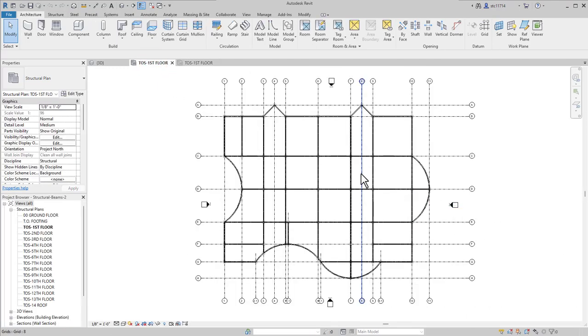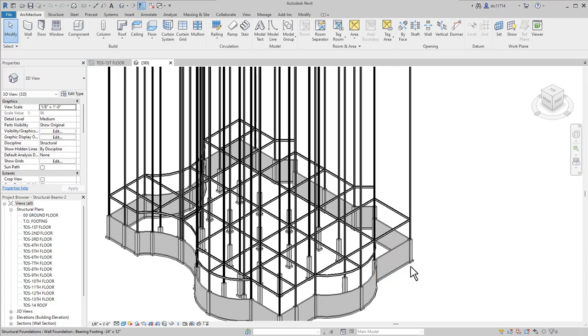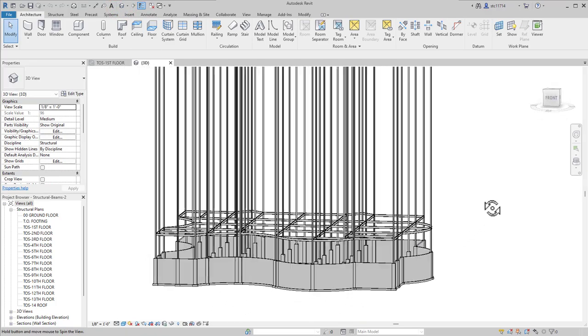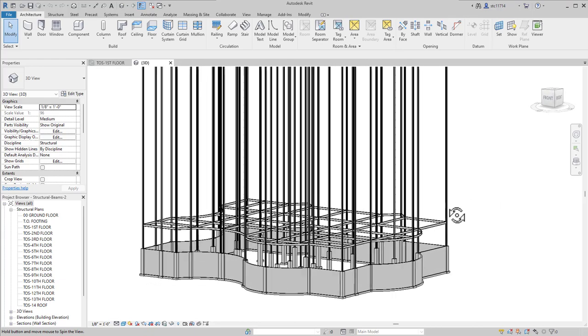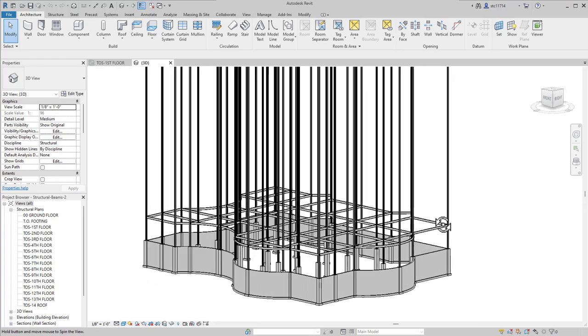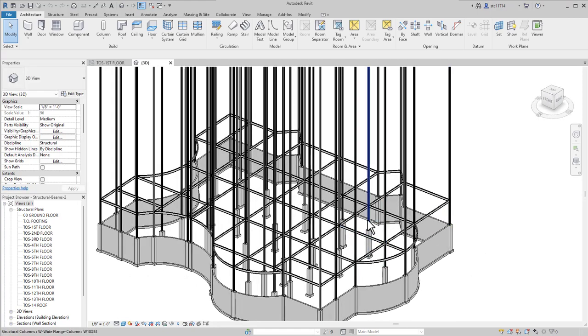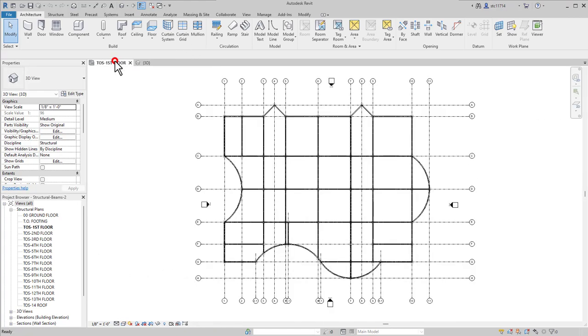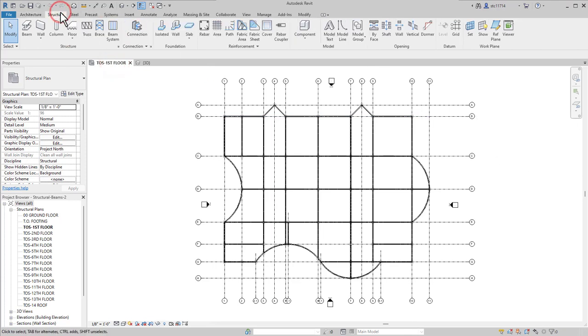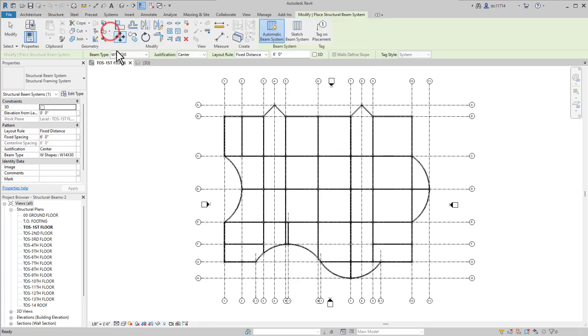Again, you can consult your textbook and see all the exact beams that you are to place on this particular project. I'll also switch to my 3D view so I can see how this is looking, and we can see up here on the first floor, I've got my set of beams here. And what I want to do now is to add some beam systems to go inside of each of these bays. So, back on my floor plan, I'm going to go to the Structure tab and select Beam System.